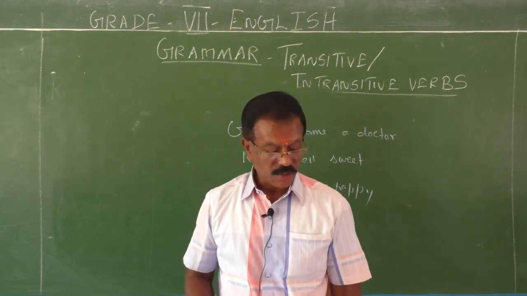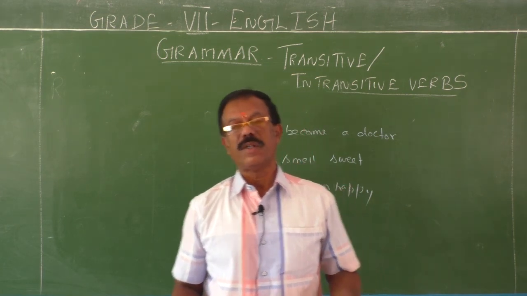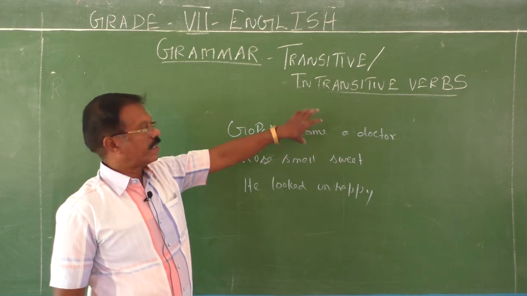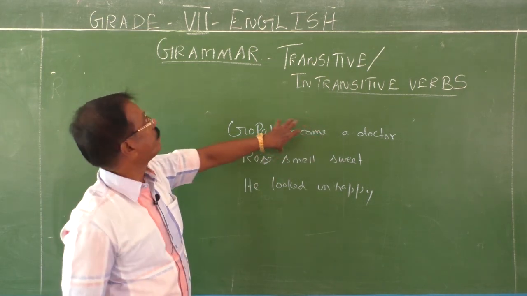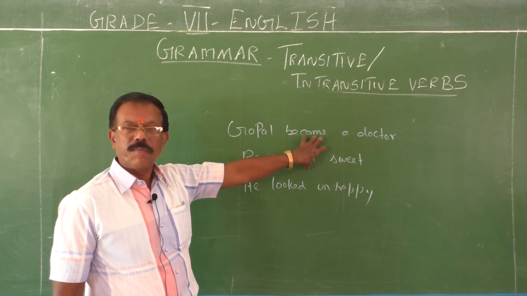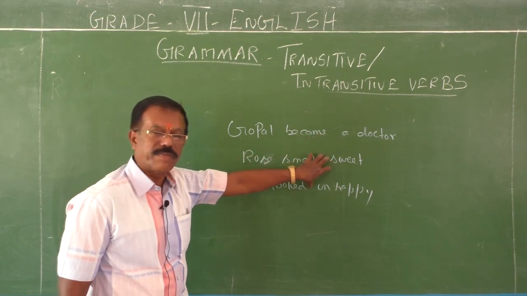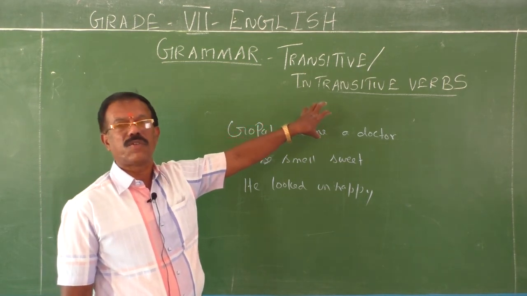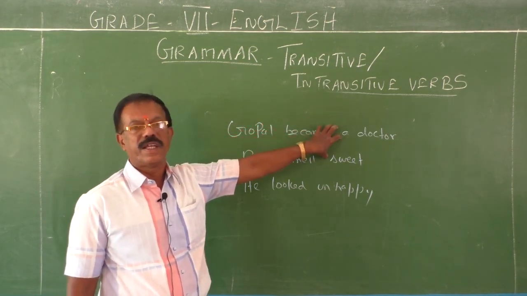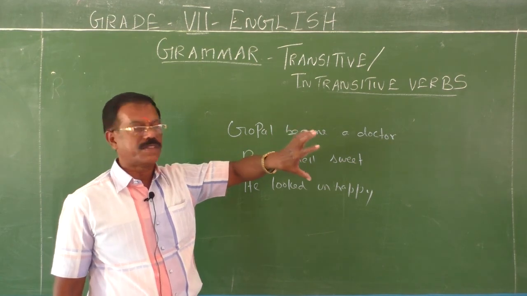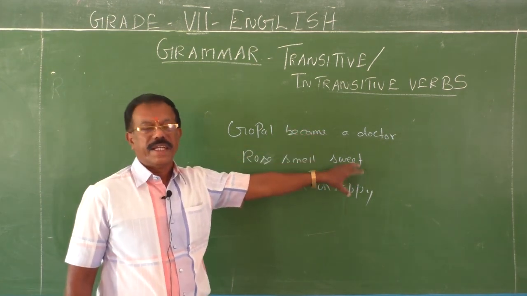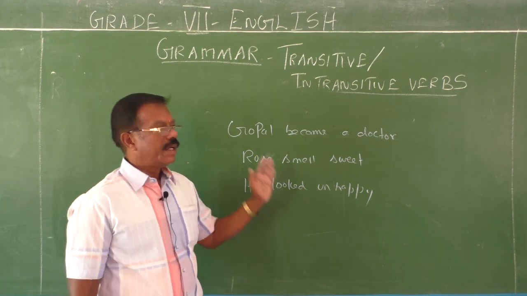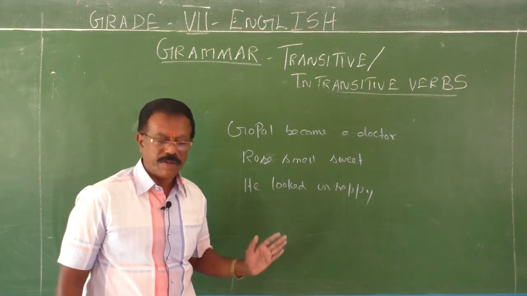So children, so far you have learned all these things: what is object, what is complement, what are the types of object, how to identify an object in a sentence, how to identify a complement in a sentence. Complements are of two types, subject complement and object complement. A verb that requires an object to complete the sentence is called a transitive verb. A transitive verb may take two objects, direct object and indirect object. A direct object answers the question what, and an indirect object answers the question whom. Most of the indirect objects are persons only.